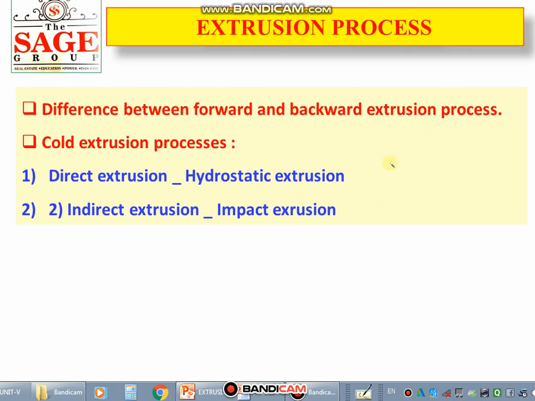Hello everybody, dear students. In the earlier session, we discussed the extrusion process, in which we saw the introduction part, various definitions, along with the simple example of toothpaste, and we discussed the first classification process, known as the hot extrusion process. In the hot extrusion process, we discussed two different methods known as direct extrusion process and indirect extrusion process.